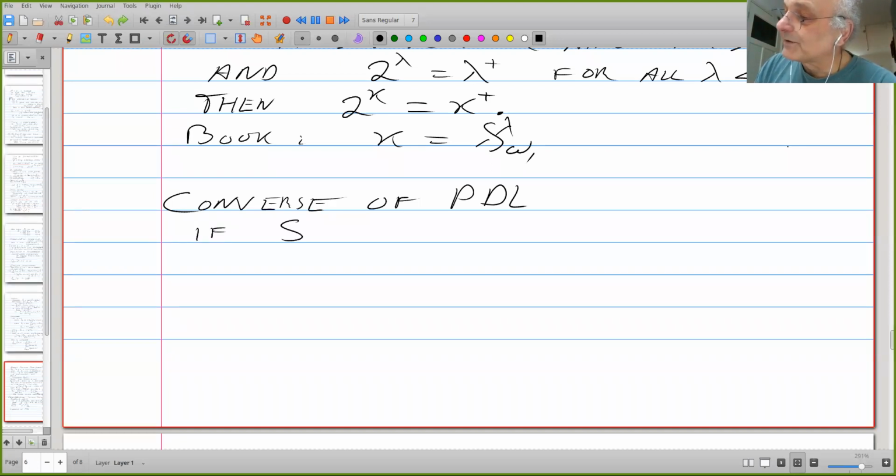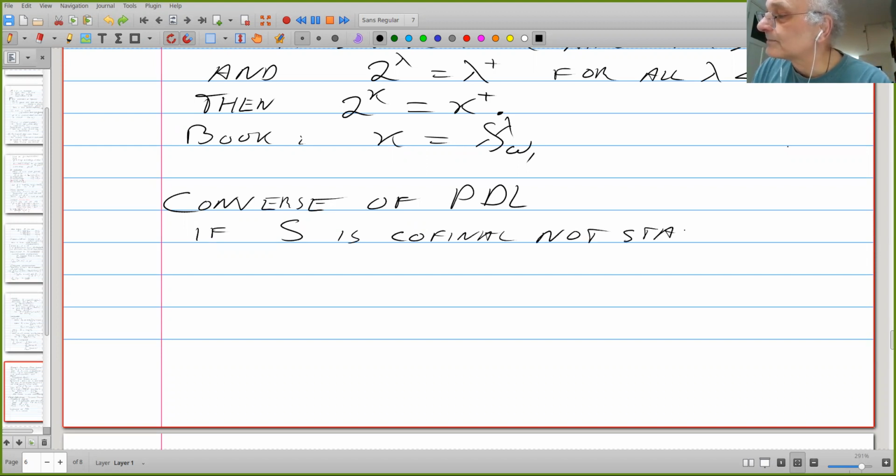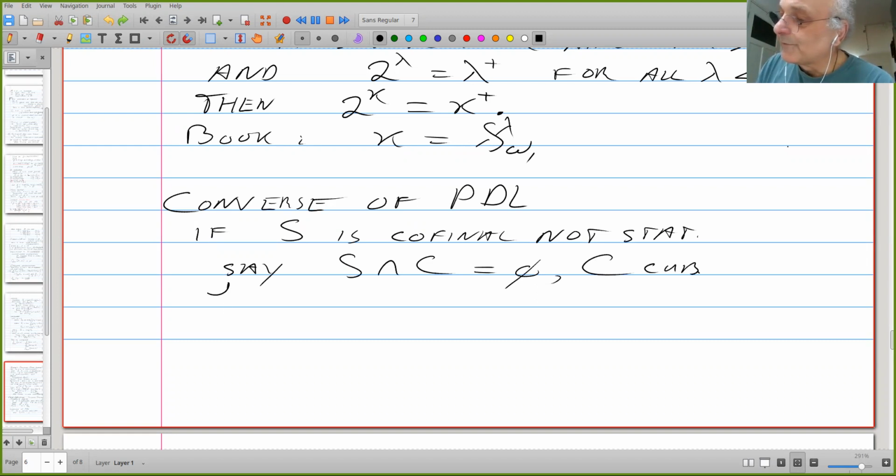If S is cofinal but not stationary, say S intersect C is empty and C is a club, then you define F from S to kappa by saying